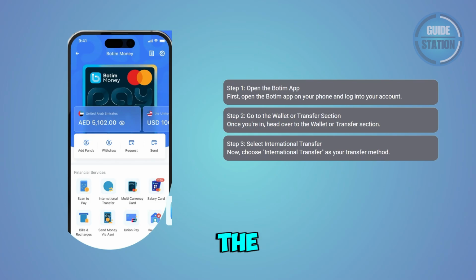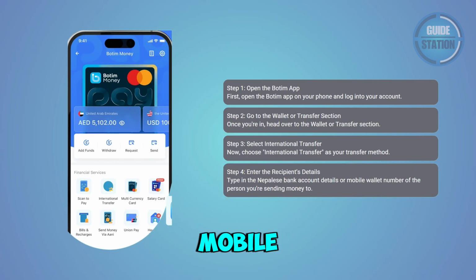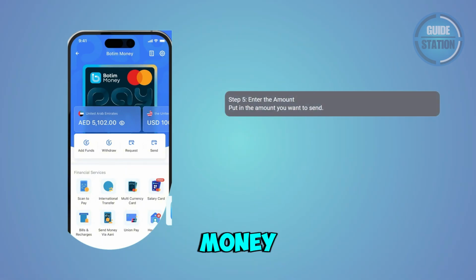Now, enter the recipient's bank account details or their mobile wallet info in Nepal, whichever one they prefer. Make sure to enter the correct name, bank or wallet provider, and account or mobile number. Now, type in the amount of money you want to transfer. So, Botim will usually show you the exchange rate and how much the recipient will receive in NPR or Nepalese